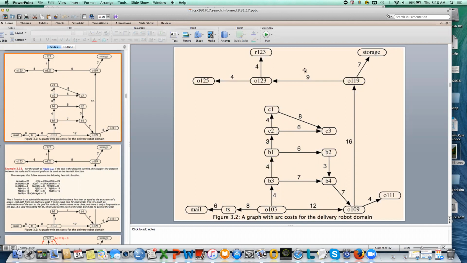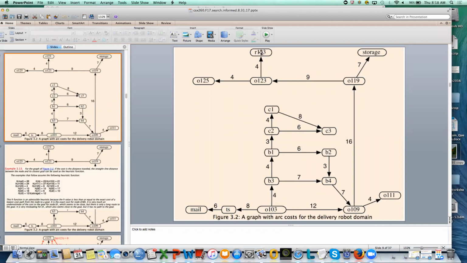You might remember this graph from the reading. This is a very simplified abstraction of that robot delivery problem that was given in the reading for Tuesday. And R123 is the goal in this case. We're told that we're going to assume that the robot is currently in O103. And so the task is to search this space